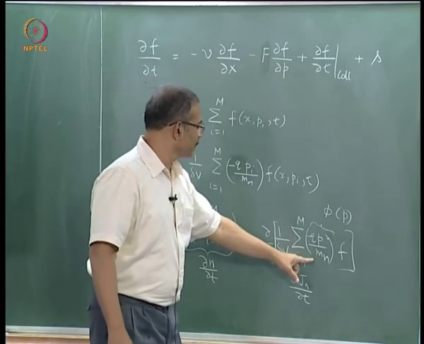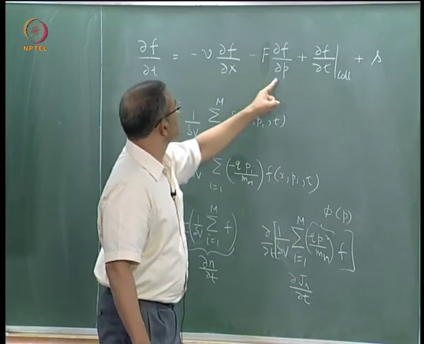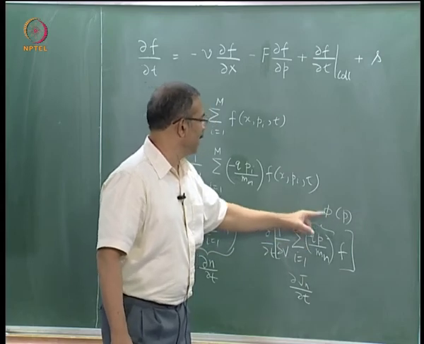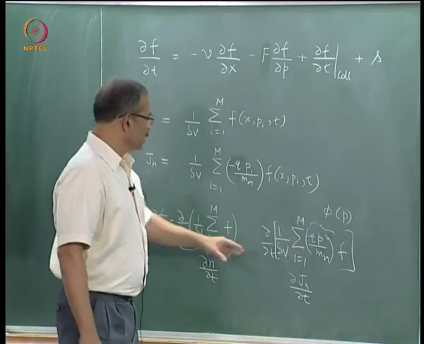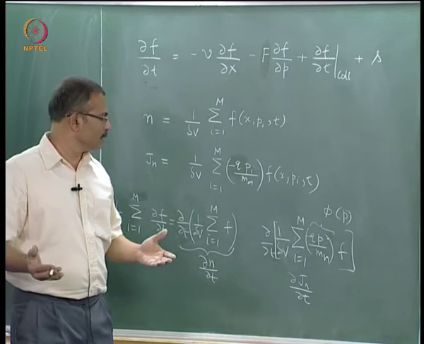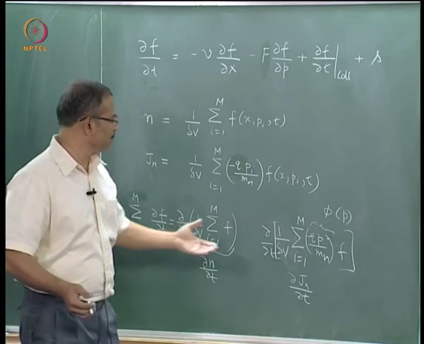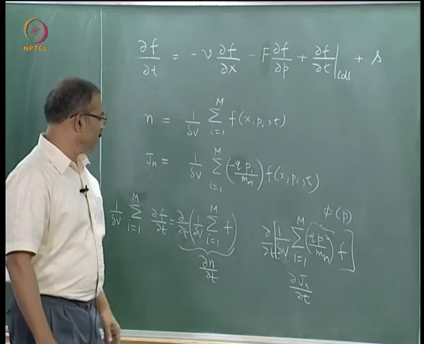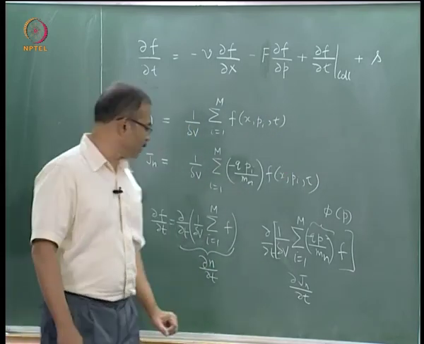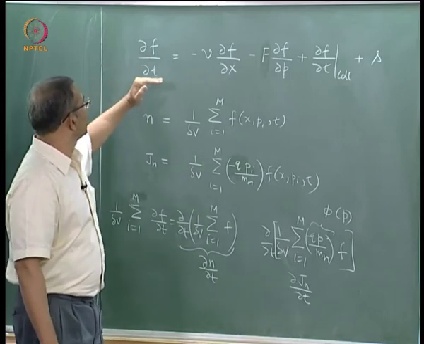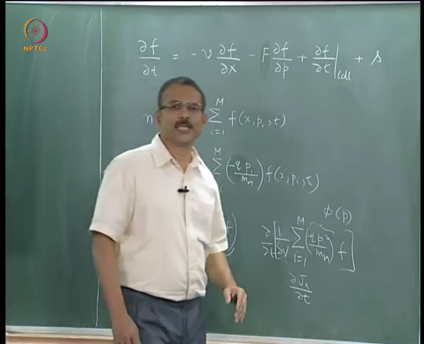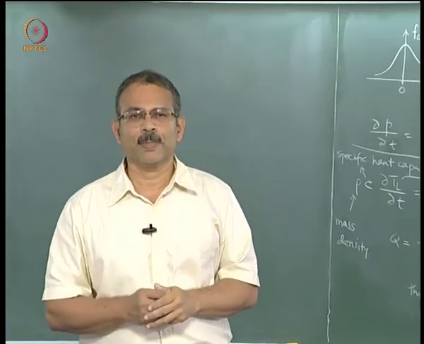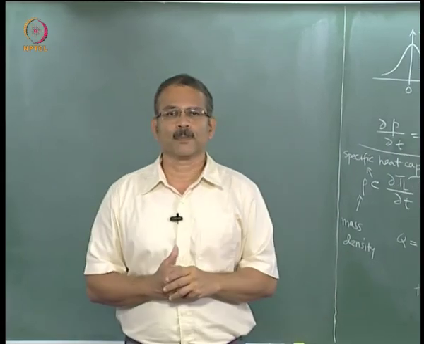In this case I have to multiply each of the terms here with this function phi of p and then do the summation. Division by delta v is not a big matter, because delta v will get cancelled out in all the terms. So that is how I can get equations for n and Jn. So you see in this process I am not trying to solve the distribution function f. That is a great achievement of this approach.